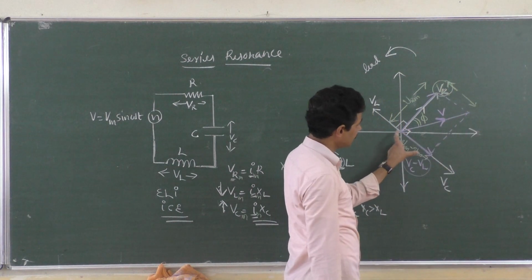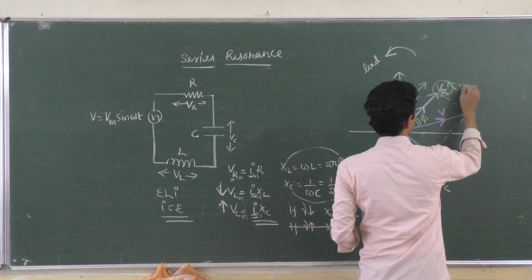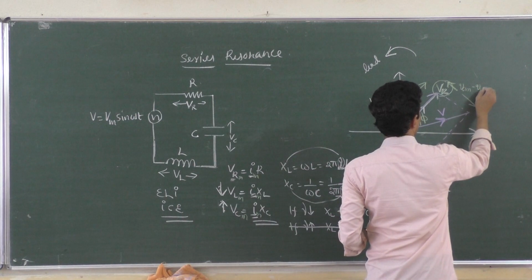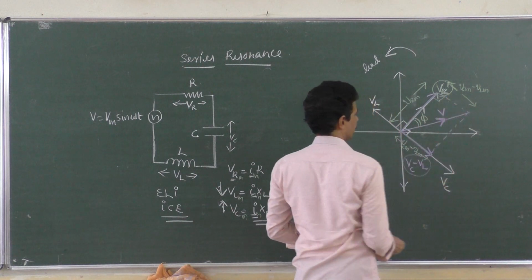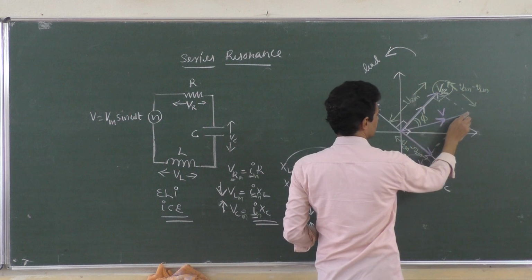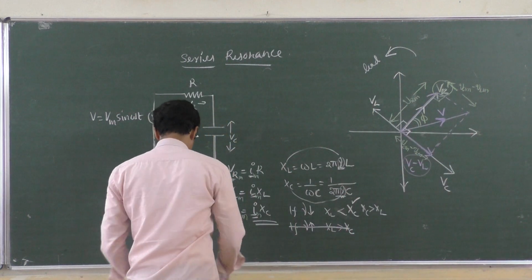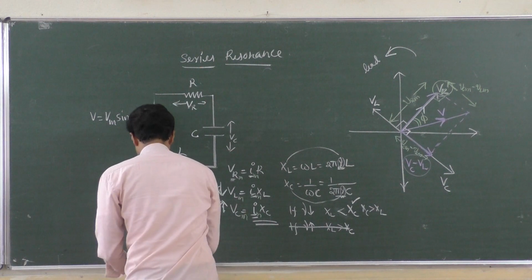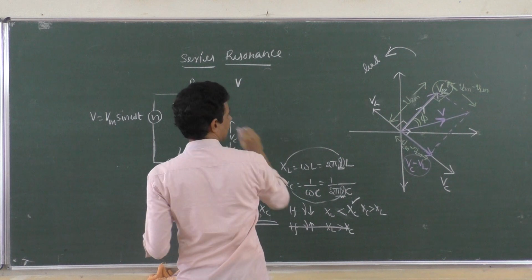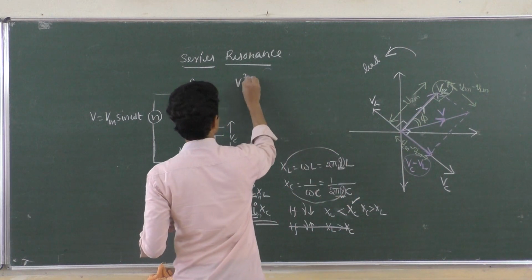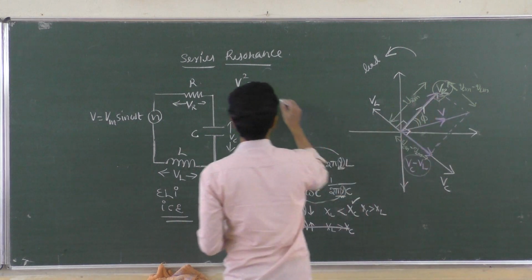I have taken all these values as peak values for the time being. VCM minus VLM. Now this is what I want. Apply the Pythagoras theorem: this square plus this square is equal to hypotenuse square. So I can write it like this: V square, the final voltage square, is equal to hypotenuse square, is equal to VRM square